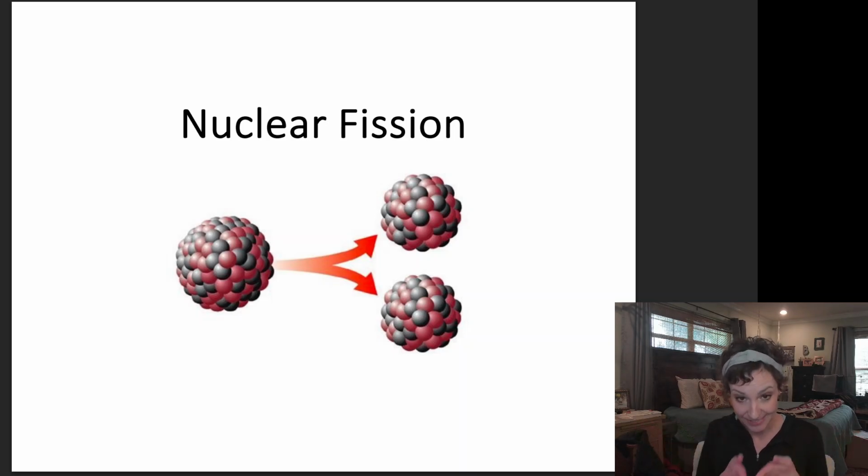Nuclear fission, you can see by my picture here, it maybe is going to lead into what the definition of